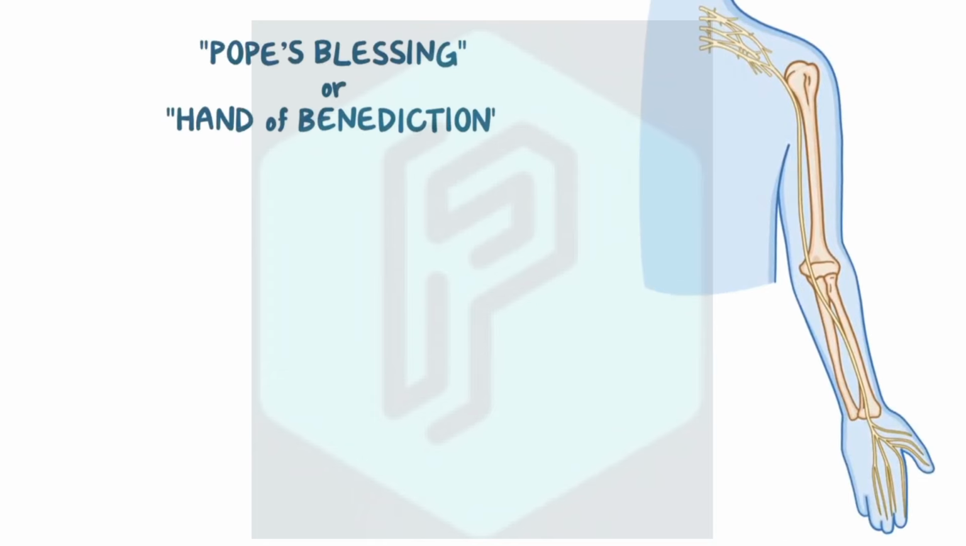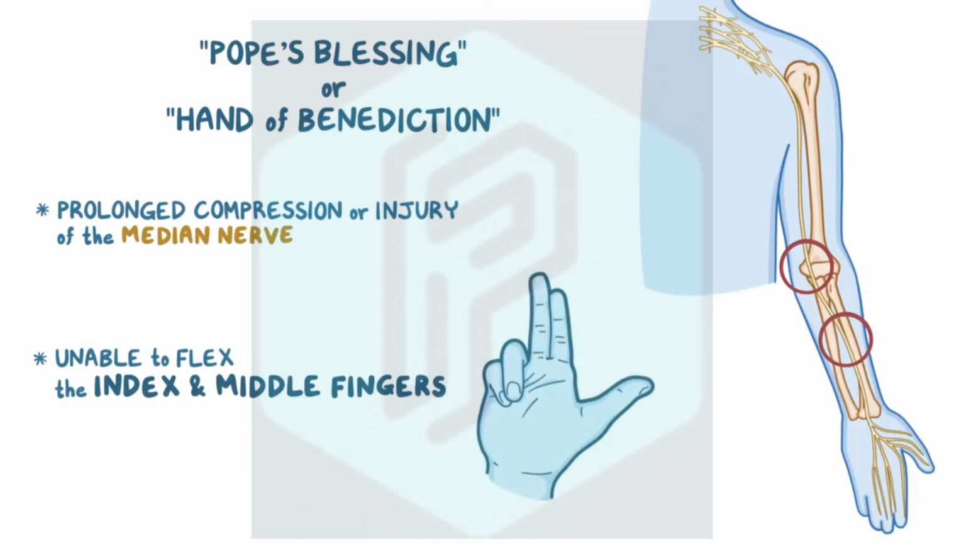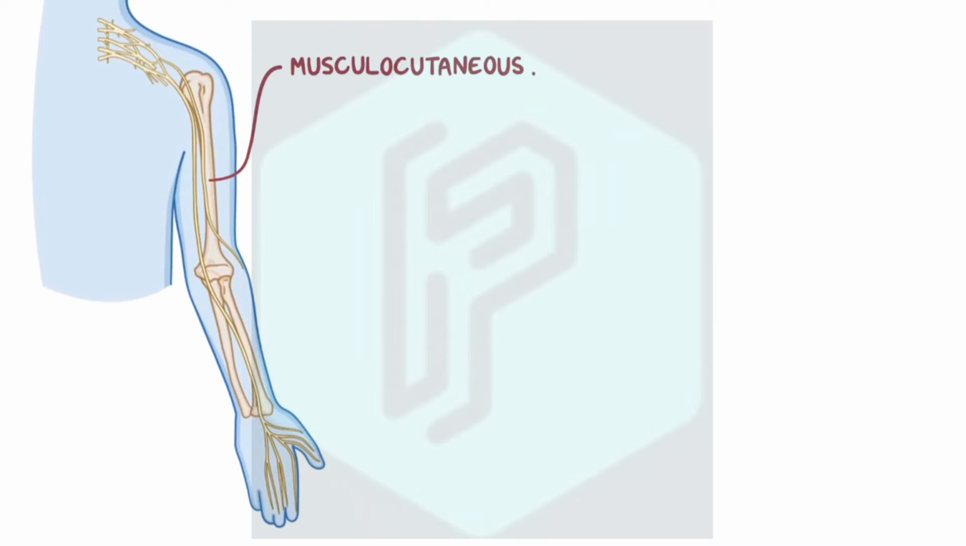The Pope's blessing, or the hand of benediction, occurs as a result of prolonged compression or injury of the median nerve at the forearm or elbow. So, when individuals affected try to make a fist, they're unable to flex the index and middle fingers. The musculocutaneous nerve courses inferiorly in the anterior arm, and it gives motor innervations to the